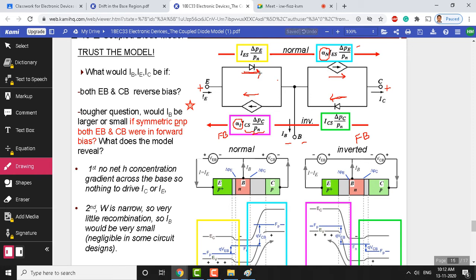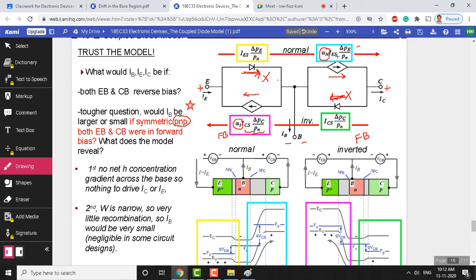Now, since it is equally doped between the emitter and the collector regions, this stuff here cancels with this stuff here, am I right? It is equally doped. I am looking for this particular condition. Let us not worry about other doping conditions here. Since emitter and collector are equally doped, the current coming from the emitter to the collector and the current going from collector to the emitter will definitely cancel because of equal doping.